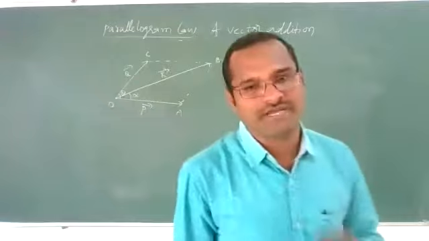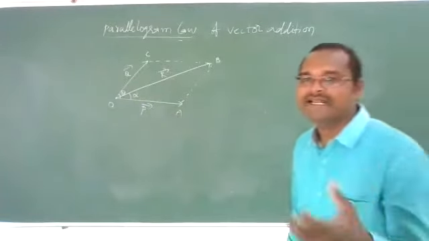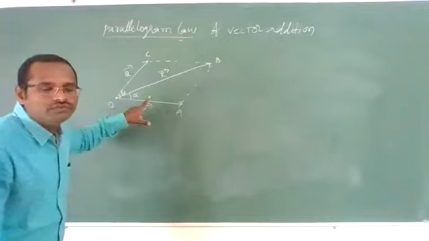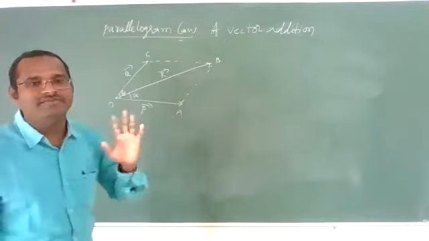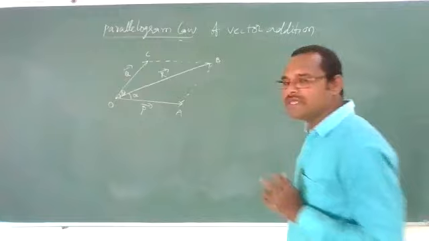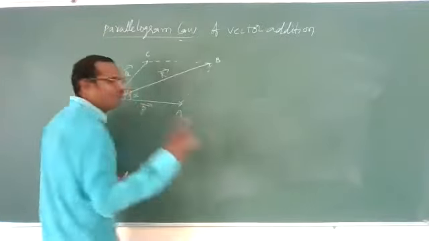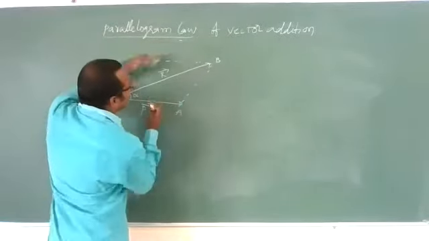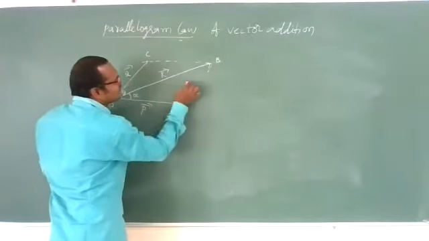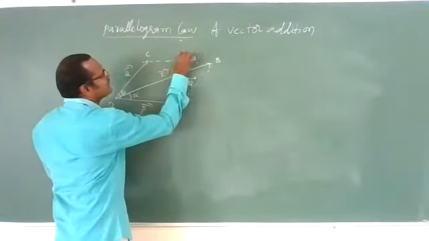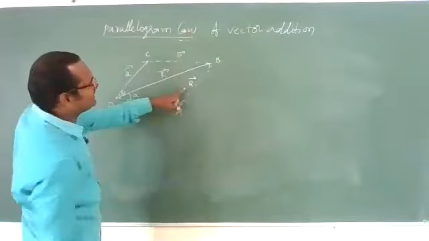What is the value of R bar? Mathematical analysis I am doing. Graphically I have shown you what R bar is and in what direction it will be. Now I want it mathematically. So for that, we know in a parallelogram any two parallel sides are equal. That means this is Q, so this is also Q. Here this is P, so this is also P. However, this is not required. Only this is required for us.